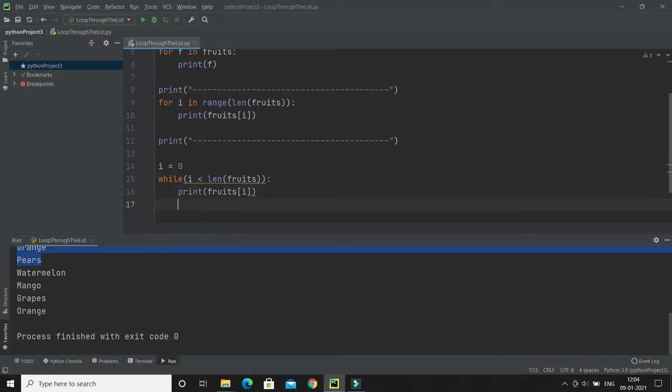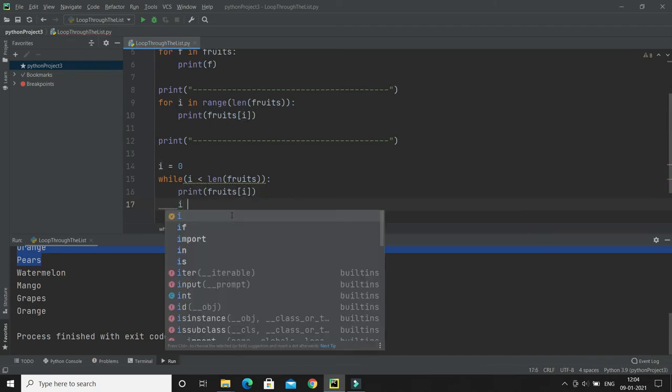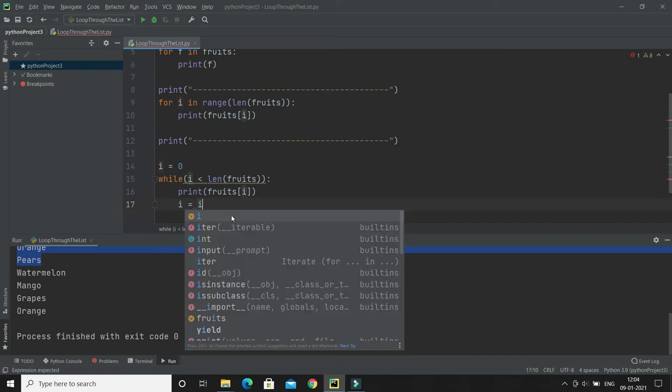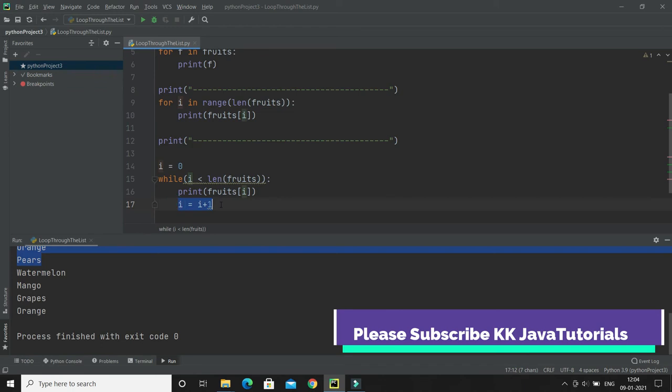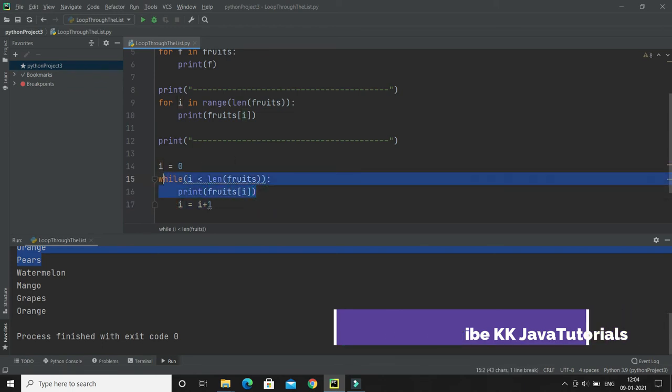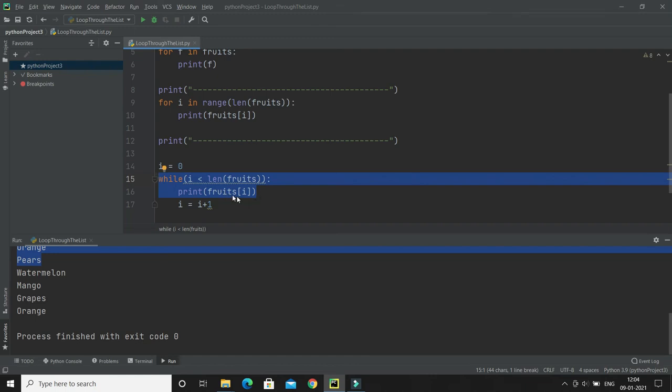Don't forget to increment this index by 1 in every iteration. If you do not specify this line of code, then this loop will go on infinitely, and every time the print function is going to print the first item only.